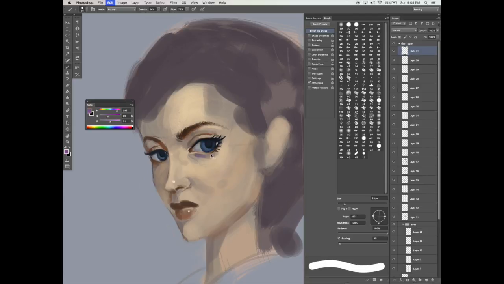I'm going to add more depth to the character, so I'm just adding in a few brush strokes here and there to pull out a few features from her face.